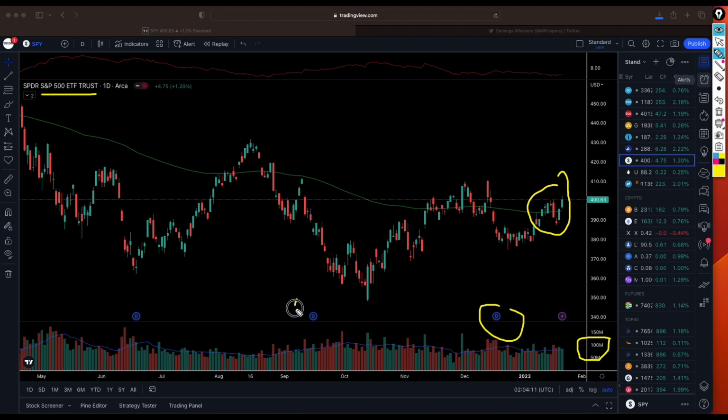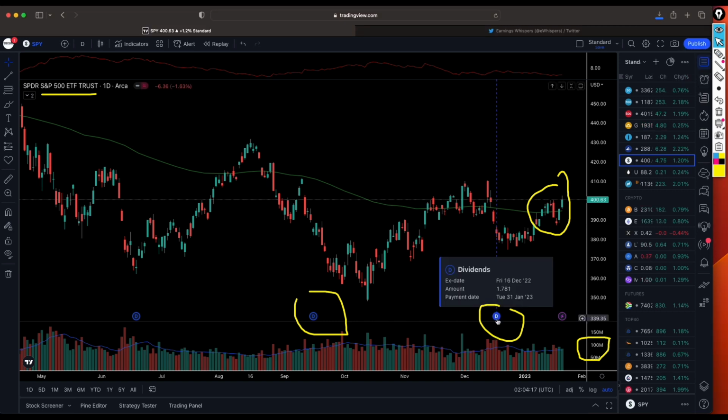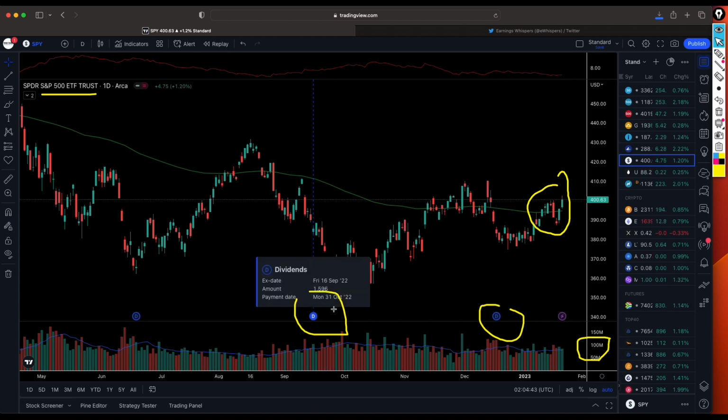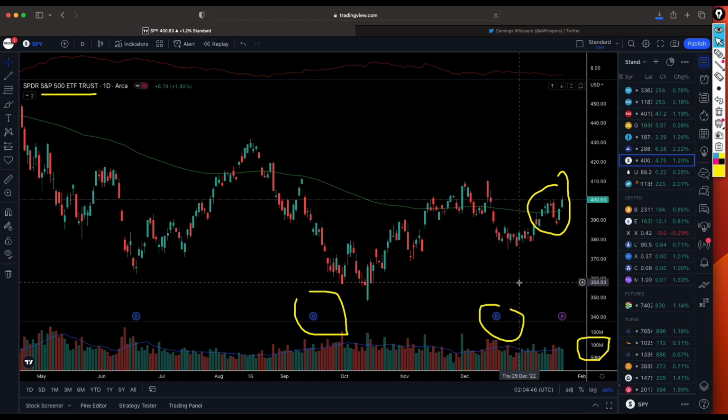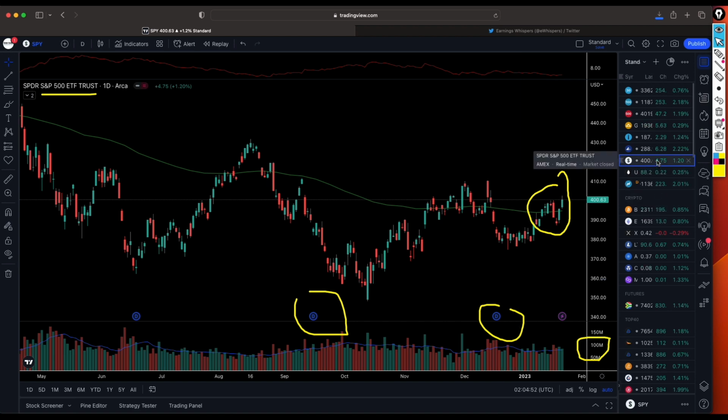Once again, this also pays quarterly distributions for the investors that are interested in receiving dividends. You can see it pays about $1.78. Don't just look at the dollar value. You can see the price here is about 400 US dollars compared to the Nasdaq at about $288. So it's better to compare the dividend yield of each company rather than to look at the dollar value. But yes, I agree that $1.50 is much greater than 60 cents, but also keep in mind that it costs around 400 US dollars as opposed to that